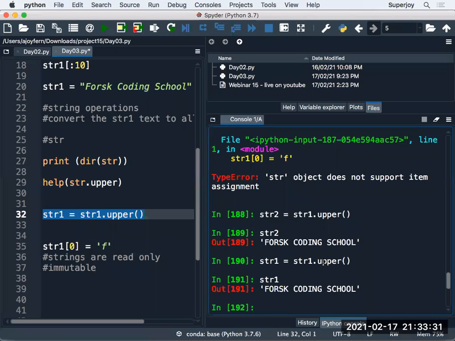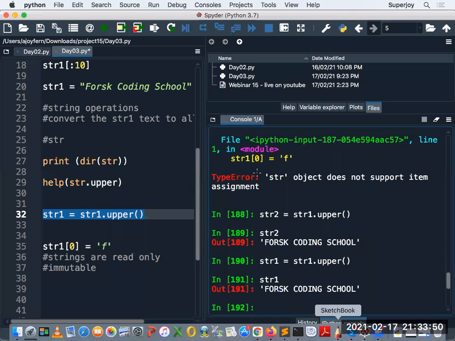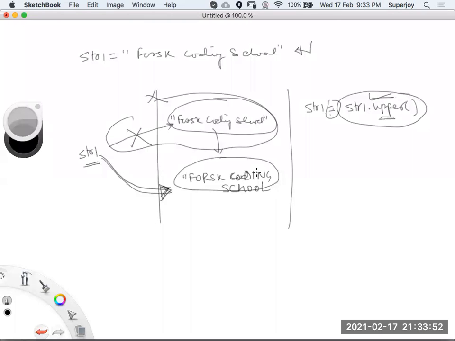Yes, it was a copy, but now we have just changed the reference. It's a kind of pointer, right? Earlier it was pointing to the original location, but now it points to the new location. But still, you could not make any changes here.